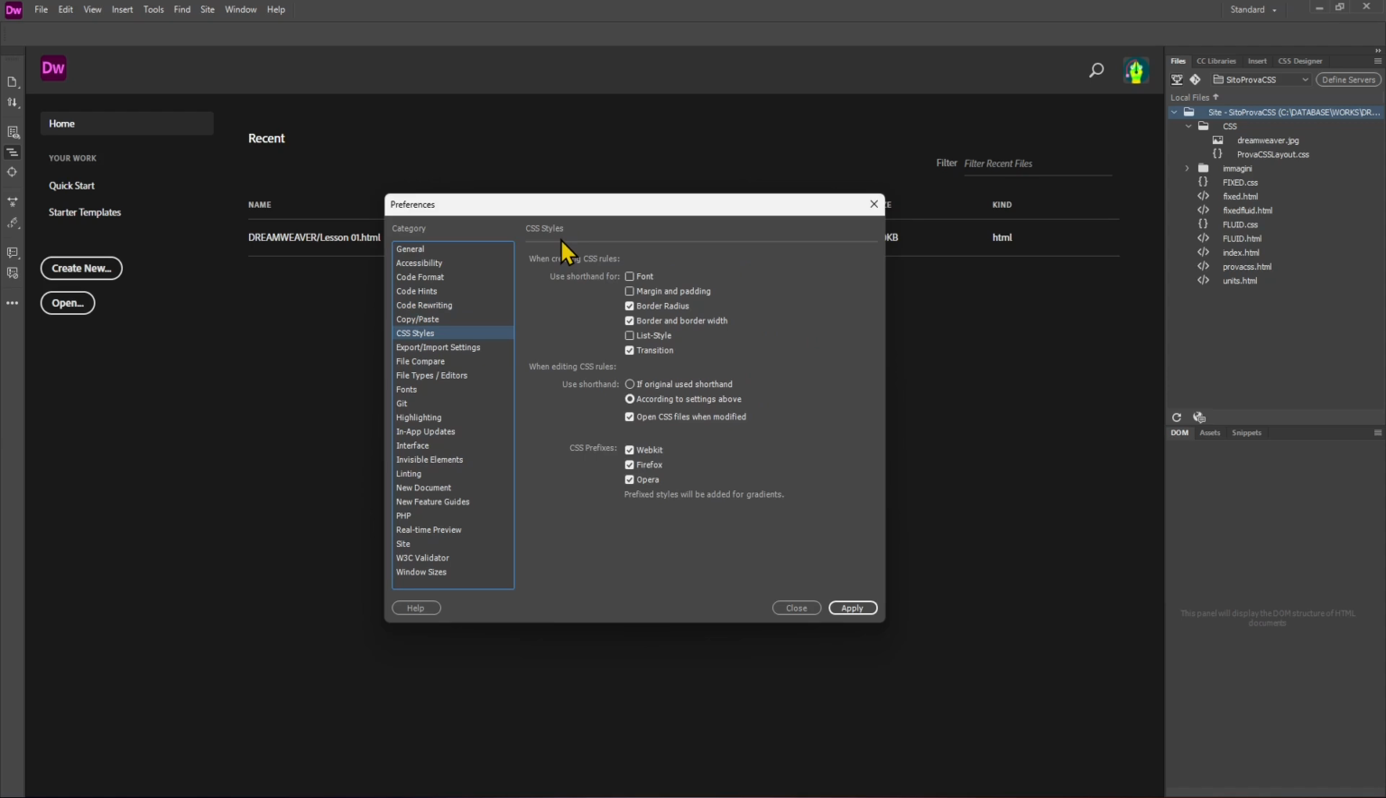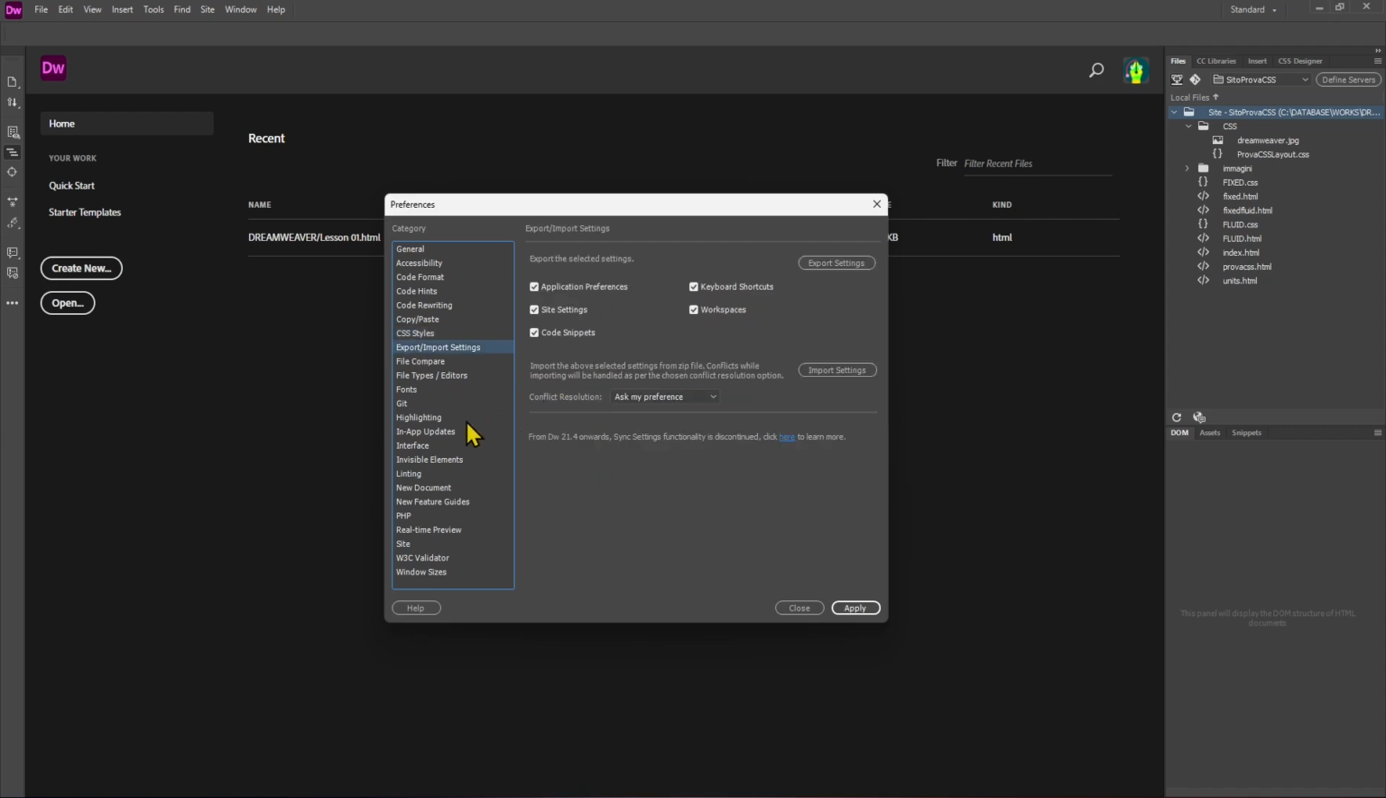So you can choose here, for example, if you want to use a specific font, if you want to create a specific layout with specific colors, etc. So they have something about CSS, but to know this better, we need to go forward in some lesson. Export, import: you can see here if you want to export the keyboard shortcuts or the workspaces or whatever you